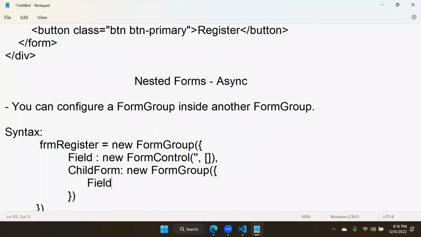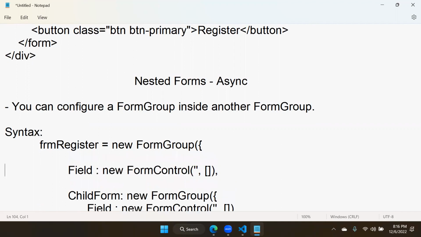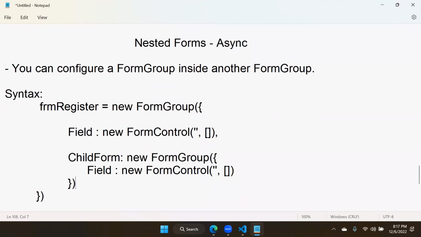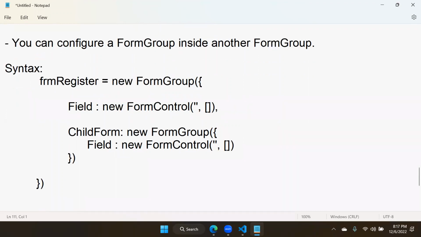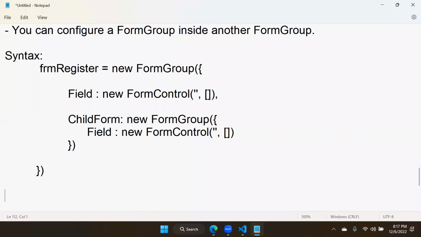This is a field and again a new form control. We have to define it in this way. Like this, we can create nested forms. We can define nested forms. That's how it looks. So that is how we can configure it. But how to attach the child form in the parent form? In the UI, you have to bind